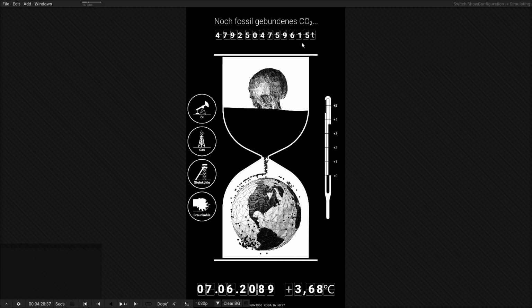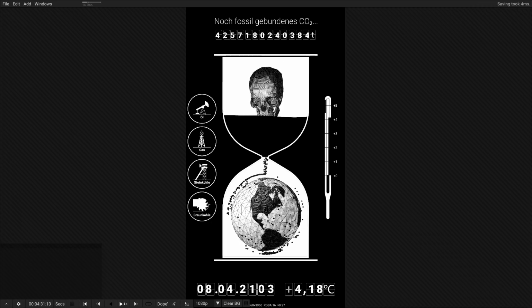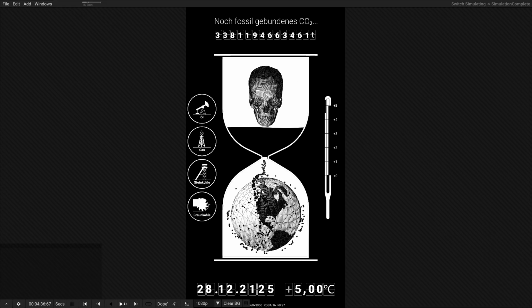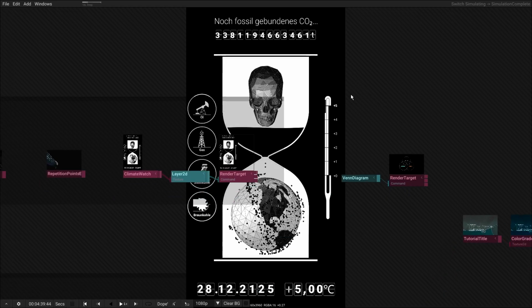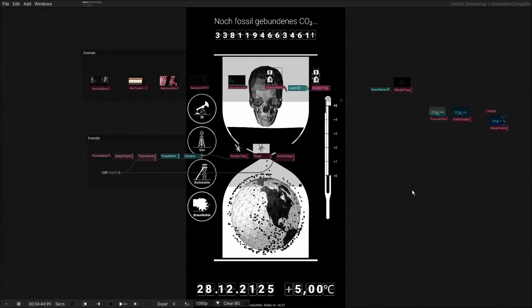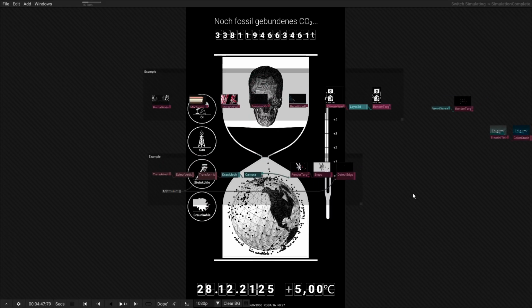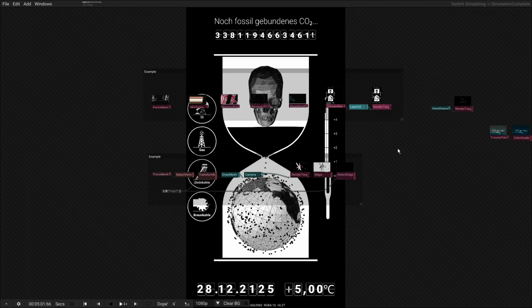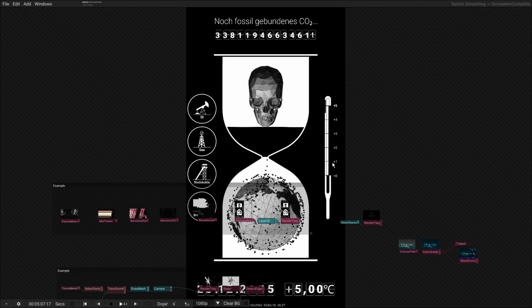Right now we don't have the correct fonts installed, but you can imagine this running on a large screen, and people could explore the different simulation steps here. And yeah, I think you get the idea. So it's graph based. It tries to be as simple and reduced to certain effects. And I think the best thing is probably if I quickly build something from scratch, so you can get an impression of what you can do right now.